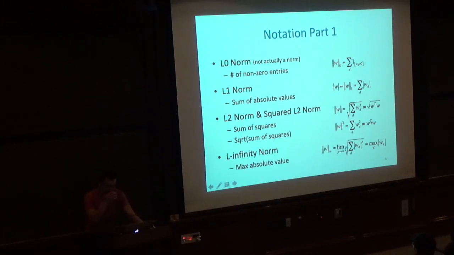And the last one that is sometimes used is the L infinity norm, and that is the max absolute value. The notation is typically written as right here. If you think of this as a family of norms, you take the sum of the absolute values raised to a power of p, and then you take the pth root of that. Then p equals 1 is the L1 norm, p equals 2 is the L2 norm, and the L infinity norm is simply the limit as p goes to infinity. As p goes to infinity, it simply boils down to the single maximum absolute value amongst all the entries.